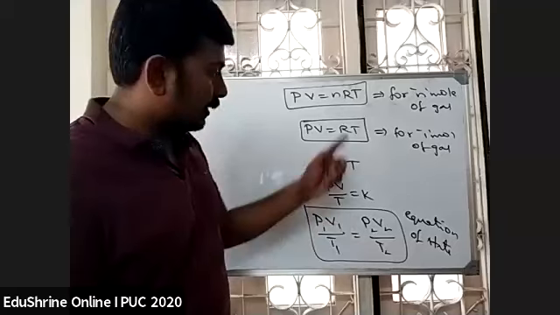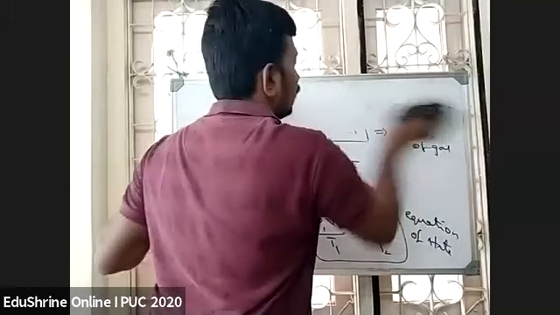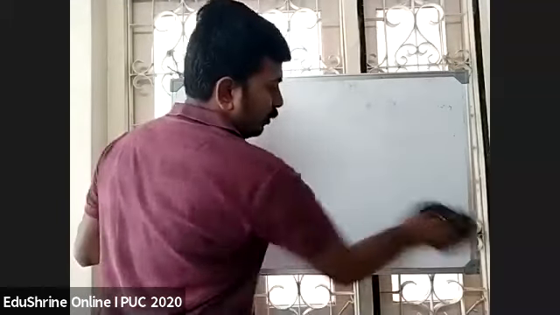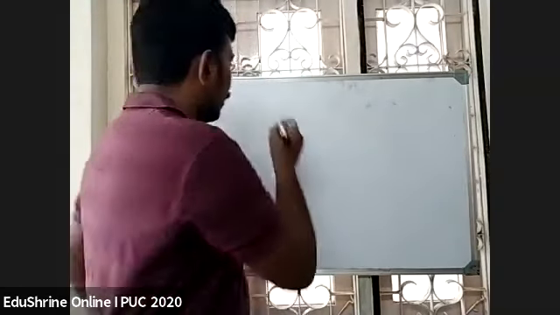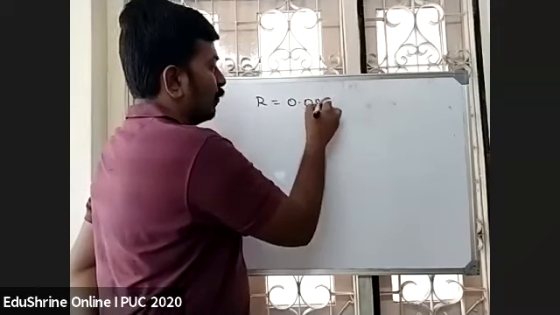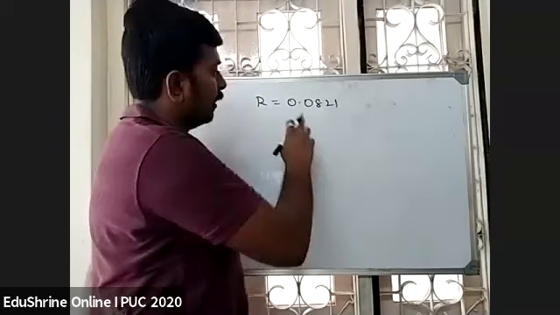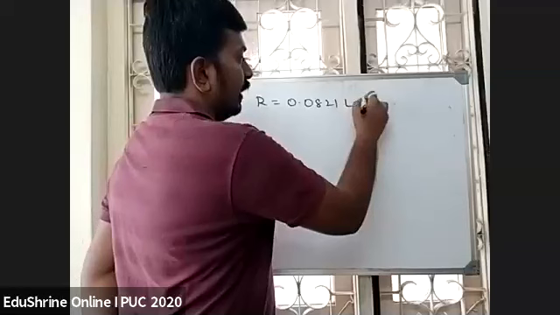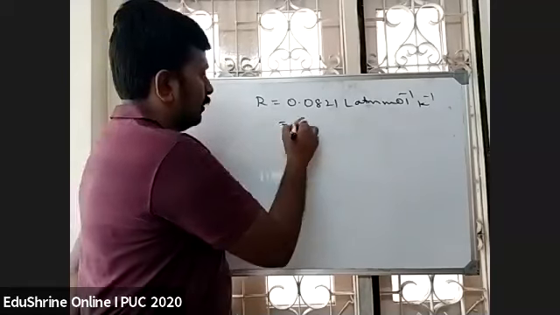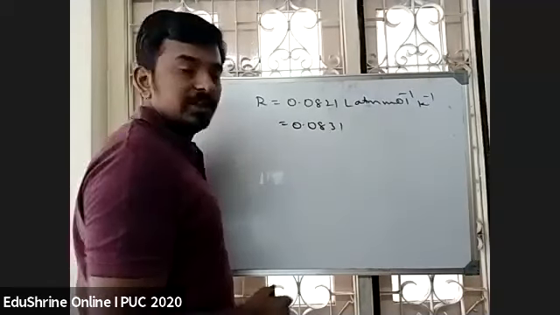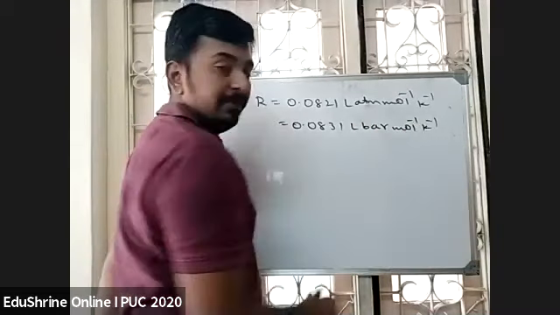And we have seen the different values of R in the last class, right? So what are the different values of R? Based on the pressure and volume units, we need to use the value of R accordingly. One is 0.0821 liter atmosphere mole inverse Kelvin inverse. You need to remember these R values, because sometimes they won't give them in the exam. When pressure is given in bars, it is 0.0831 liter bar mole inverse Kelvin inverse.